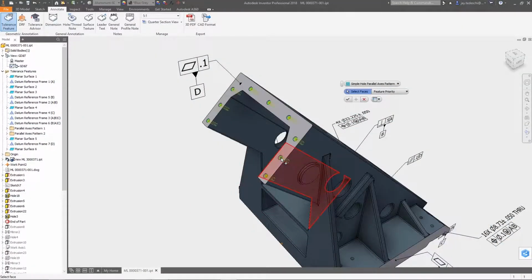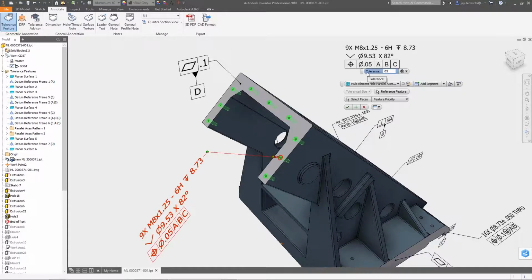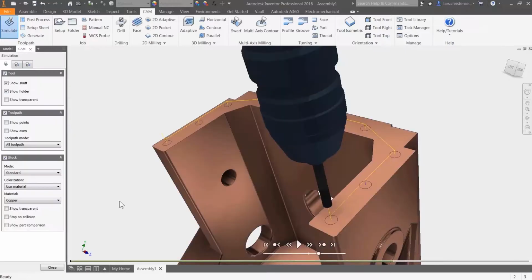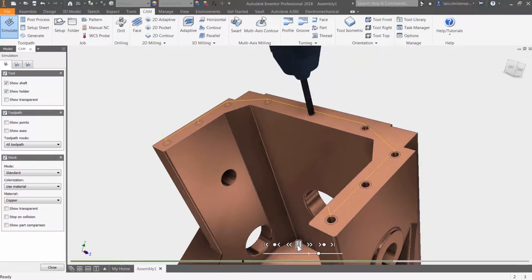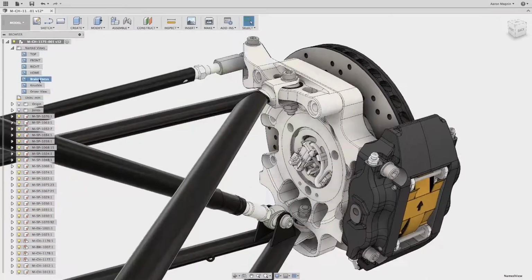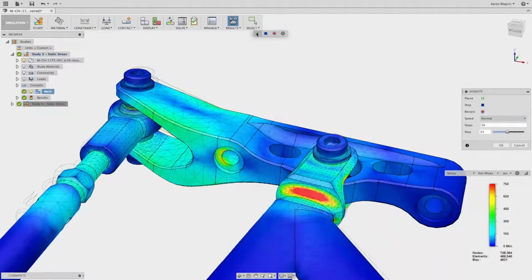And best of all, you stay at the forefront of product development with access to the latest capabilities as soon as they're available. Whether it's enhancements in a steady stream of new releases for the products you use today, or incorporating new, disruptive technologies like Fusion 360,